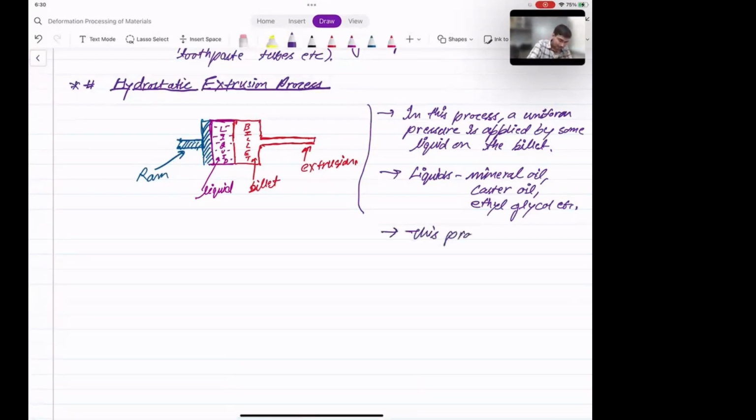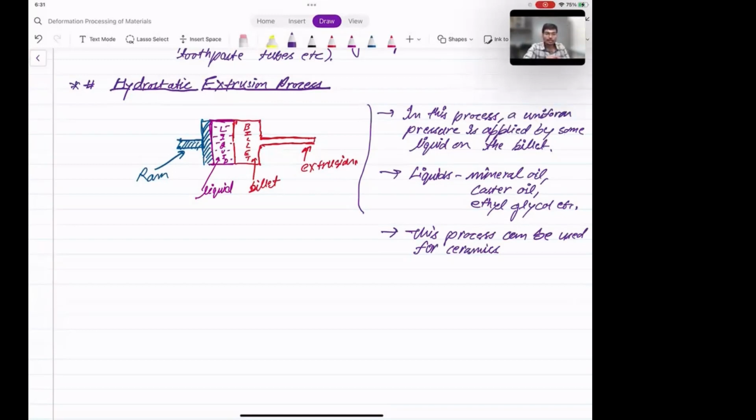This process can be used for ceramics. Okay, so actually, if we see the variation of pressure in this case, it will even fall below the